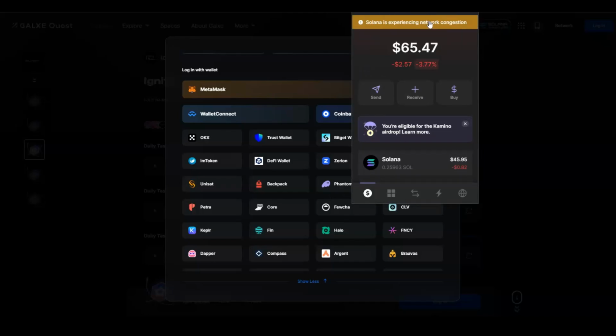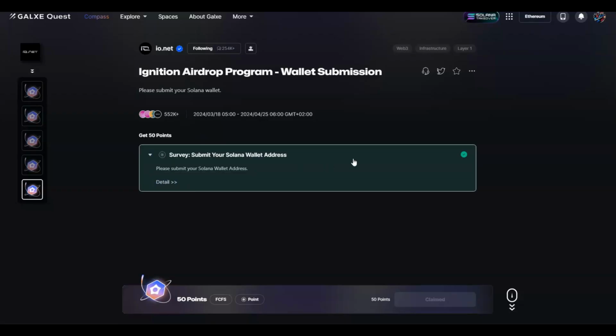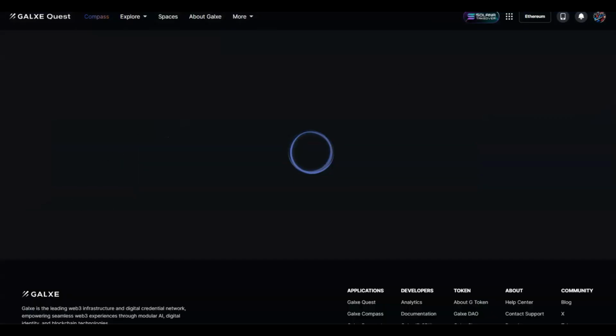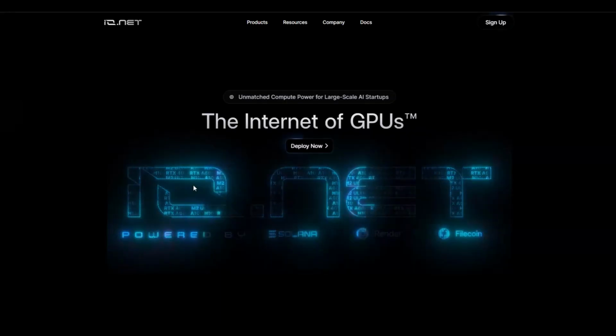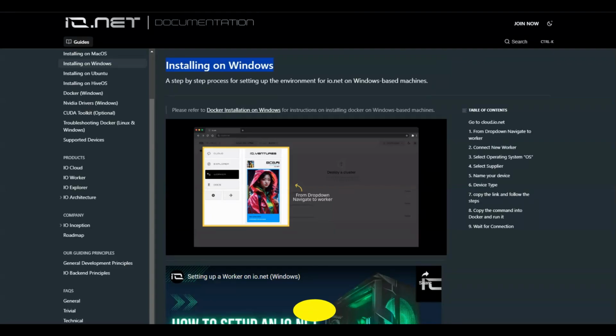If not, then just copy your address from Phantom wallet and paste it in the field here and claim your points. So that's it for the easy bit. Or, if you do the passport, you can spend like 5-10 minutes here. And now there is a bit harder bit, let's say, where you have tasks to install the app,